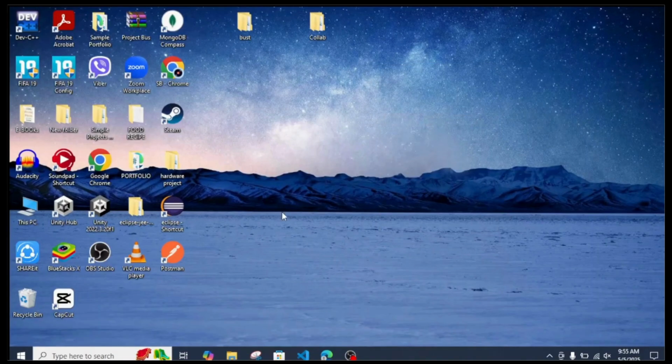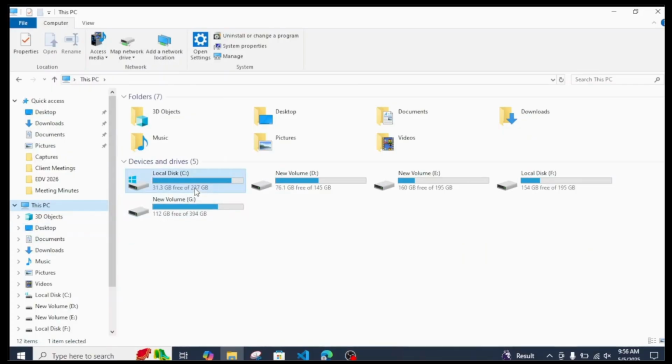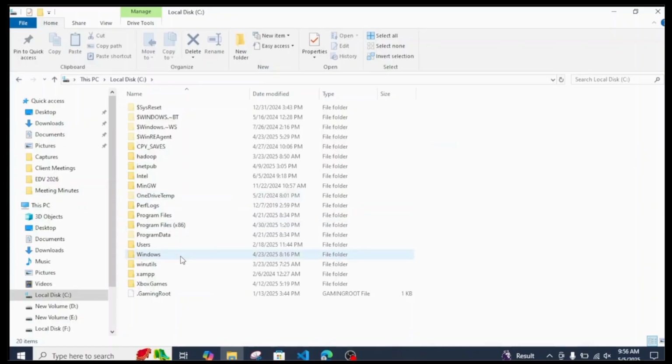So let's get started. First thing you need to do is hit the combination of Windows plus E on your keyboard and you will be redirected to File Explorer, or you can also simply open it just like this. Once you're inside here, head over to your local disk C, and inside this C directory